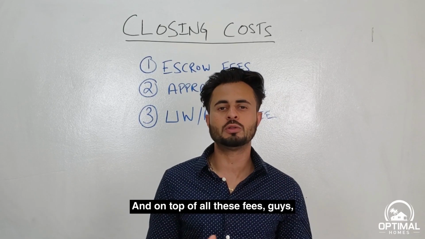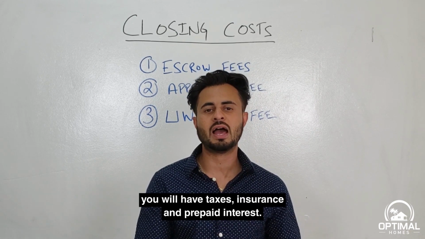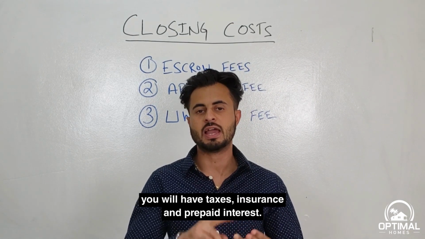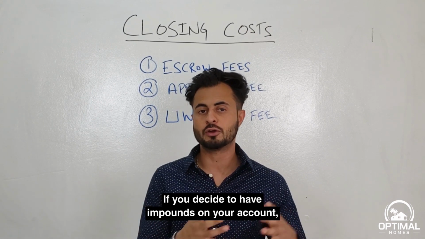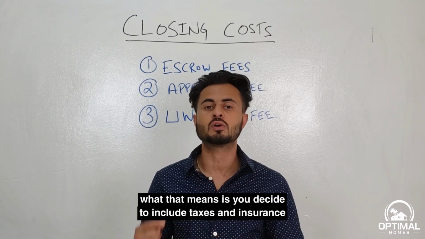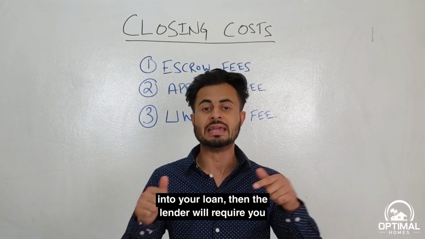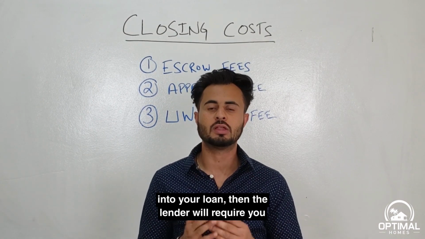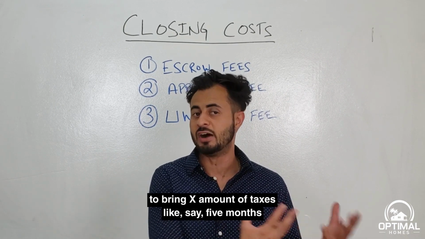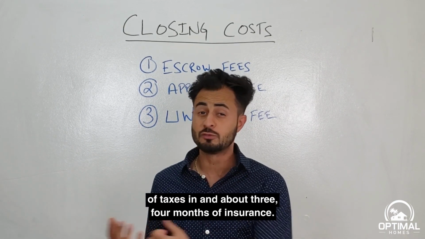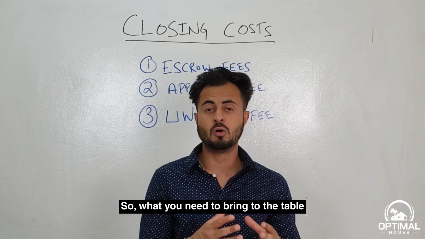And on top of all these fees, guys, you will have taxes, insurance, and prepaid interest. If you decide to have impounds on your account, what that means is you decide to include taxes and insurance into your loan, then the lender will require you to bring an X amount of taxes, like say 5 months of taxes in and about 3-4 months of insurance. So